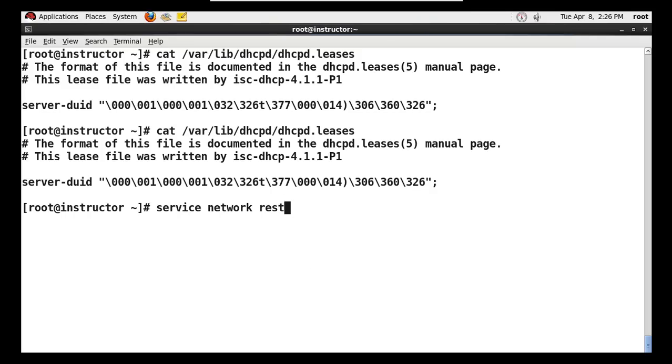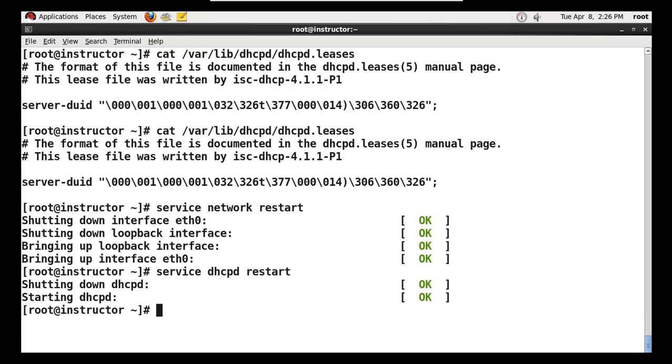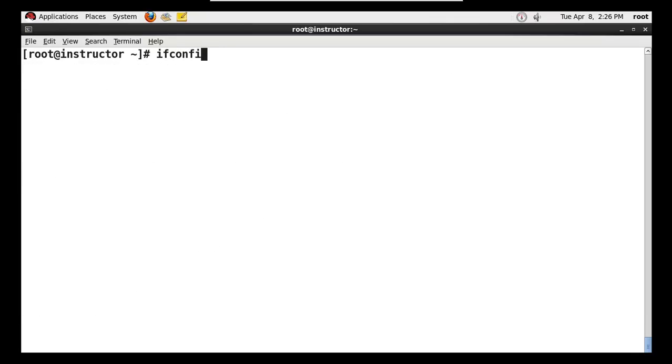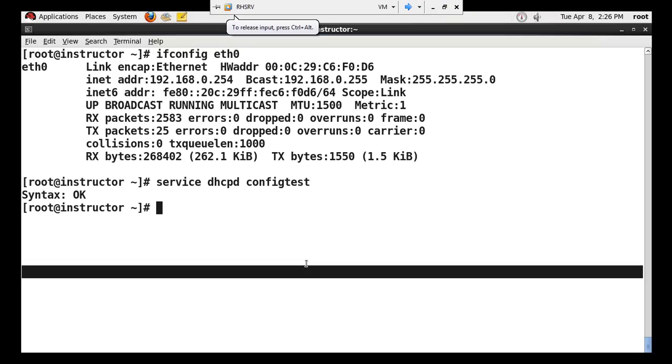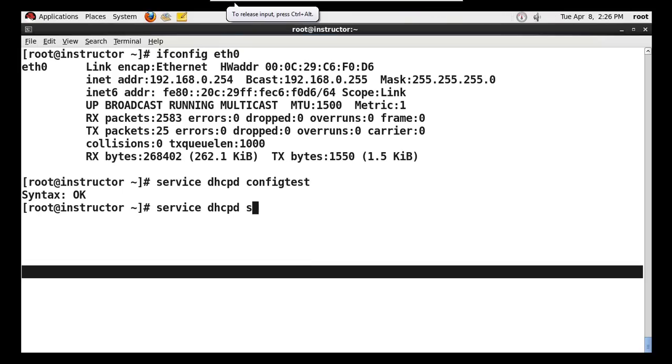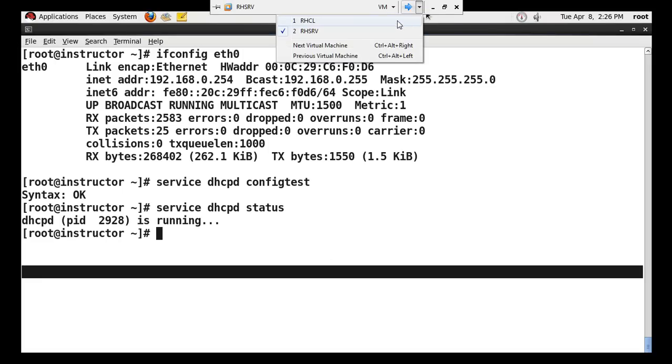Service network restart. Service dhcpd restart. It's okay. Service dhcpd configtest. It's okay. Status, it's running with PID 2928.